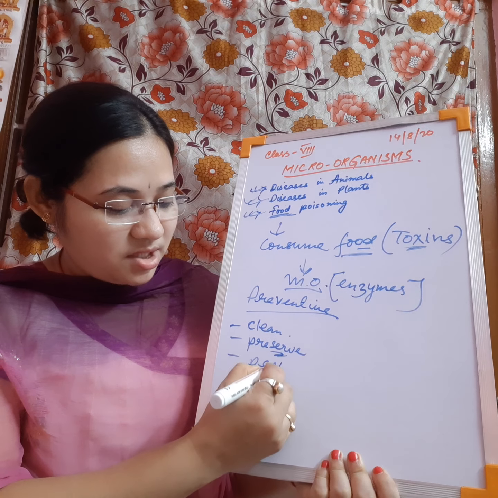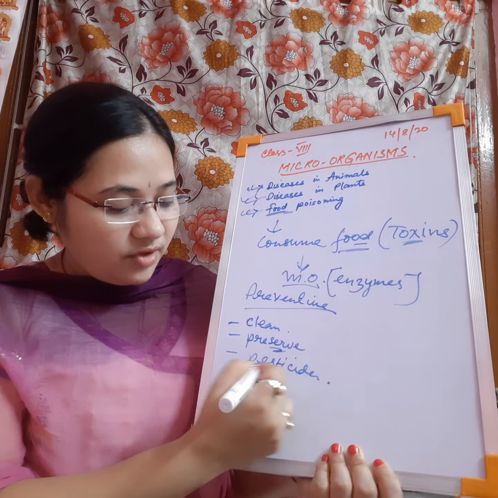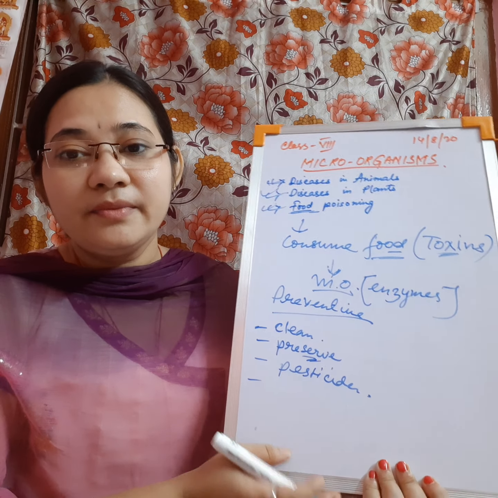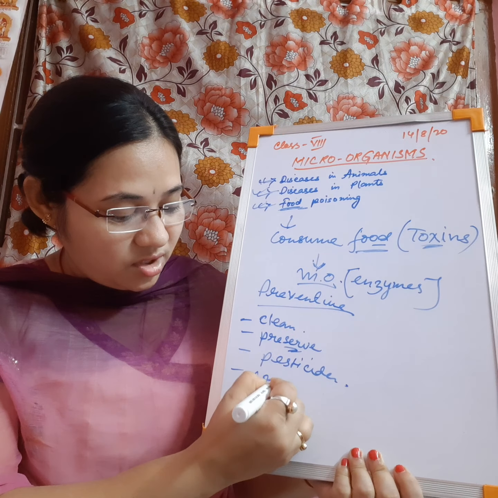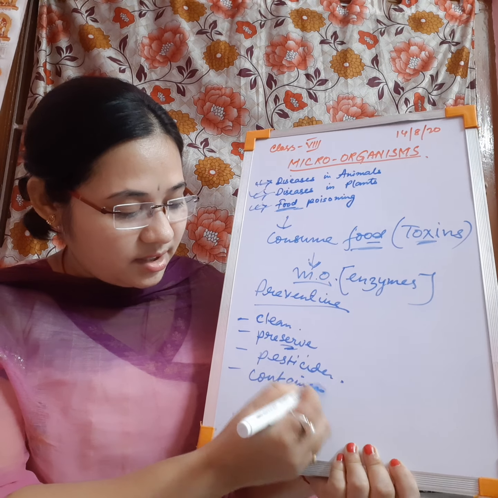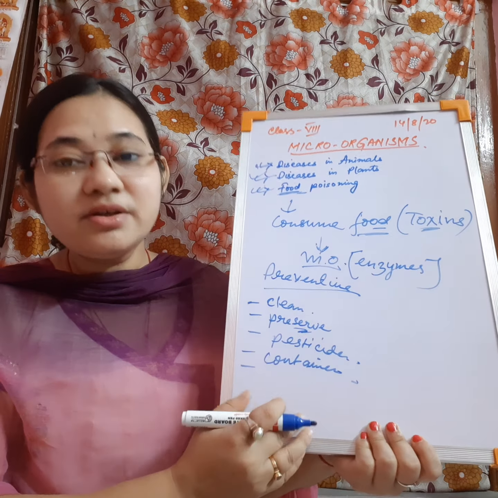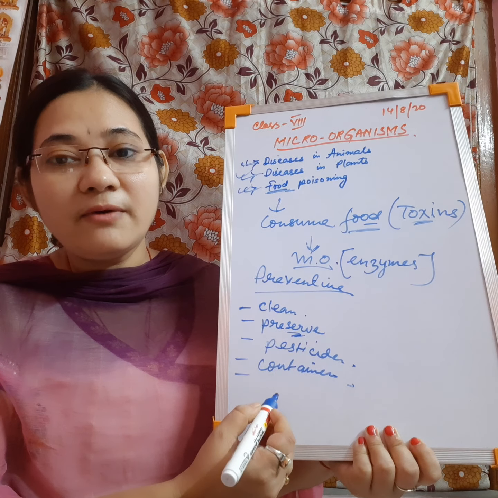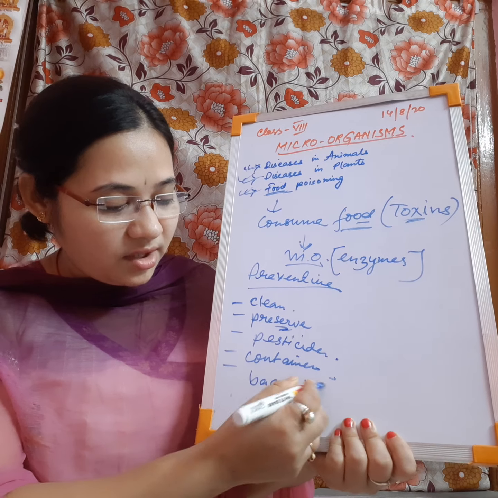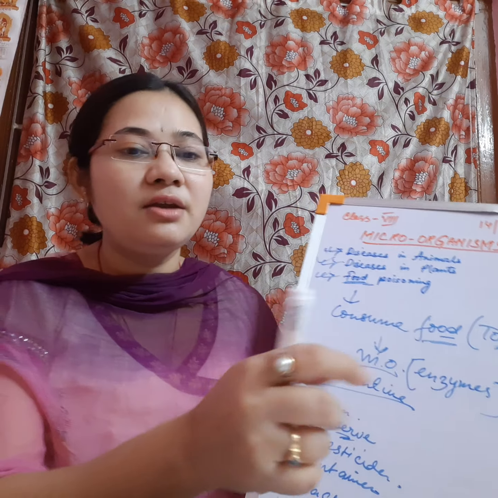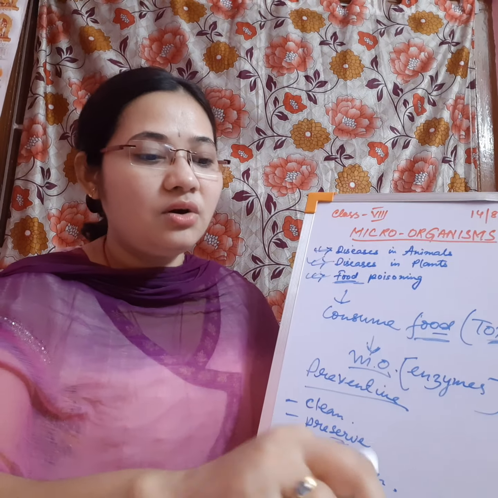So we have to avoid pesticides in food, and we will also have to see that the food does not react with the container. Okay, and we will also have to see that bacteria, fungi, do not grow on food. There are different examples of bacteria and fungi which are given. Let me go through them one by one.